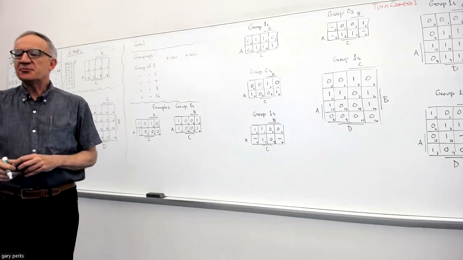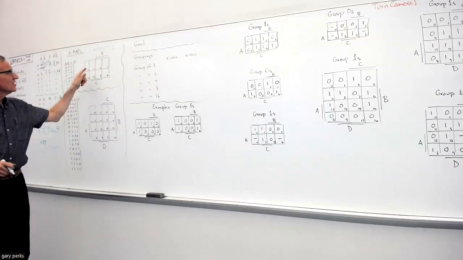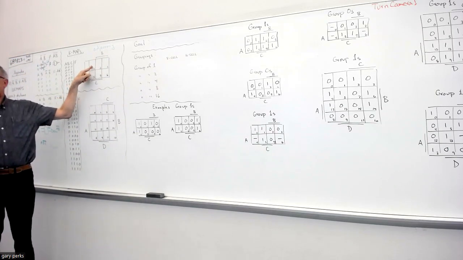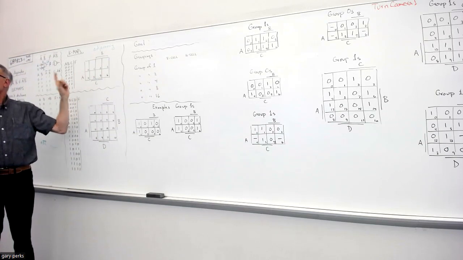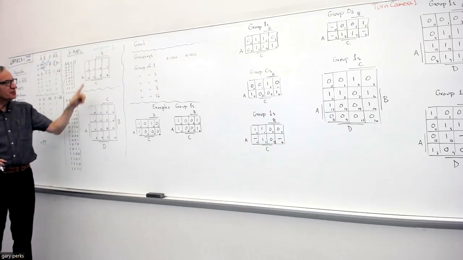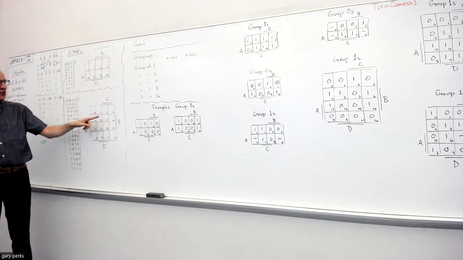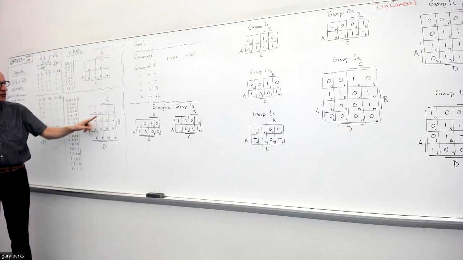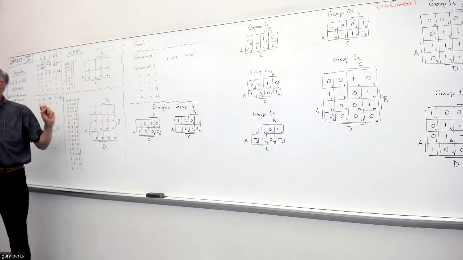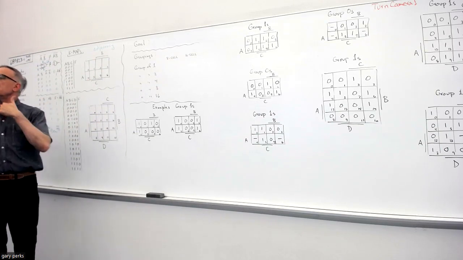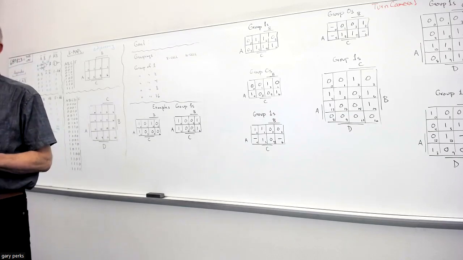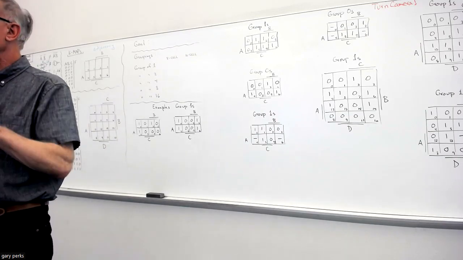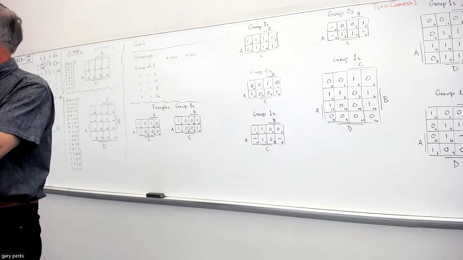And adjacency here means that any cell that's to the side or below will only differ by 1 bit in binary. And that goes for both the 8 cell and the 16 cell. So any cell with this numbering, above, below, or to the side, will only differ by 1 bit. And you see, you need that property of adjacency for Karnaugh maps to work. Right? If Karnaugh maps don't have that property, then they're not going to work the way we want them to